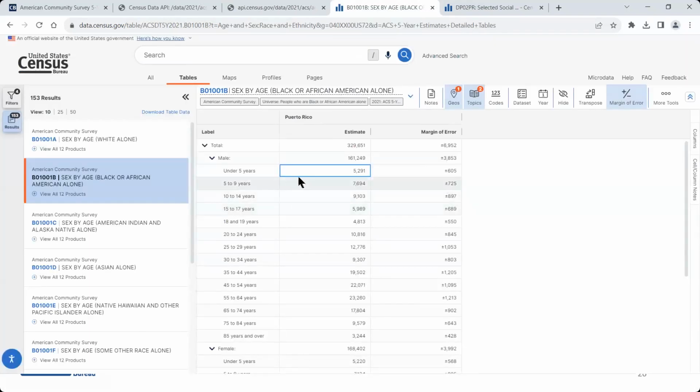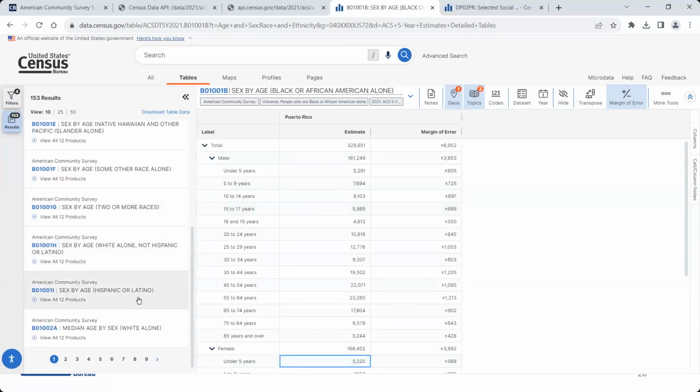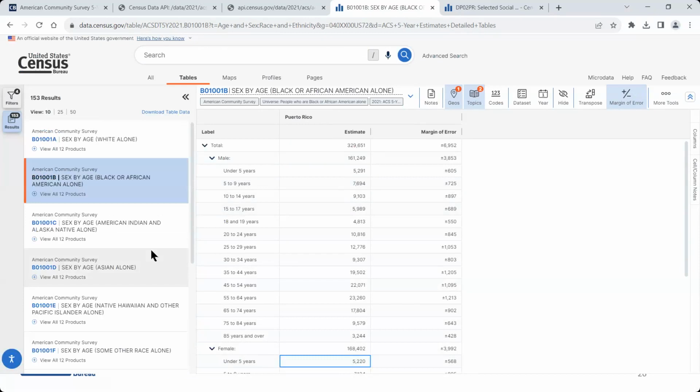So again, I just did 3 variables here, but looking back at the data.census.gov page, if we wanted to do male under 5 and female under 5 for all 9 of these tables, that would be 18 different variables that we could all put into one API query and pull them all at once rather than going back and forth between separate tables. So it's a good way to save some time if you have a use case such as this. So I'll take one last look over at our API query that we built out here. Again, we pulled in 3 variables here, but you could actually pull up to 50 if you would like. But that is going to cover it for my second example here.